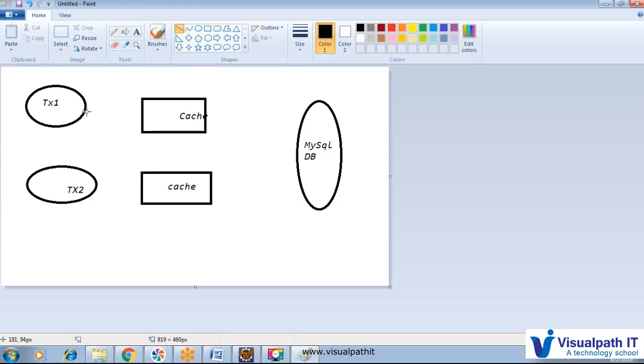So per transaction there is one separate cache, and that cache will fetch the data from the particular database. Whenever we write some query or something like session.save, each and everything will be pushed to the cache first, and when we do the commit, only then will the cache be reflected in the database.